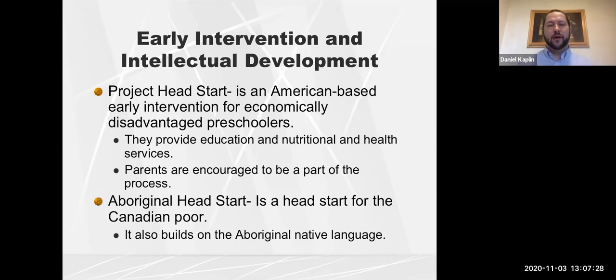Now, here's the deal though. We cut Head Start and UPK and all that stuff once you go to school. Well, I think that's a mistake, because when you remove Head Start, you're removing the support beams, the structure that eliminates the disadvantage. These individuals are economically disadvantaged, so they're going to regress. That's what we tend to see on average. Now, we have something called Project Head Start in Canada.